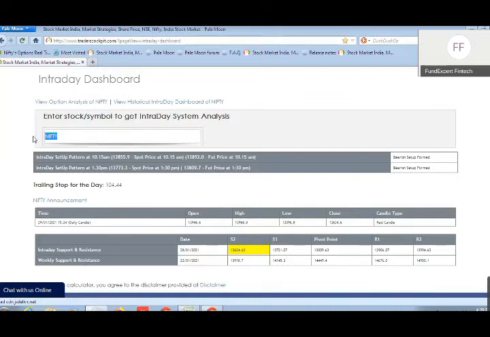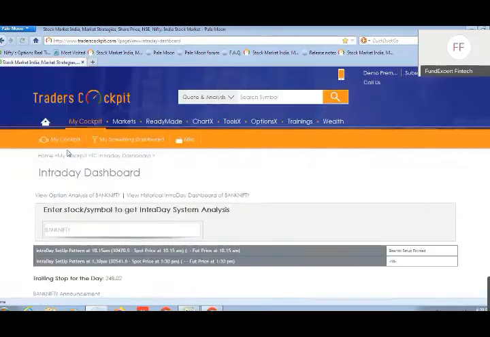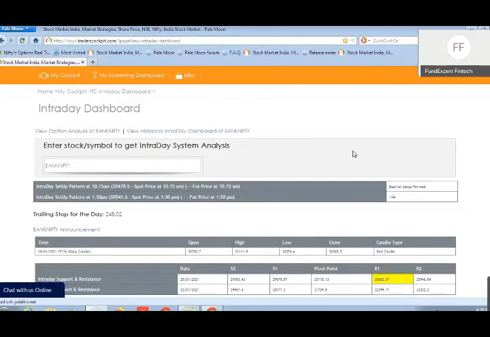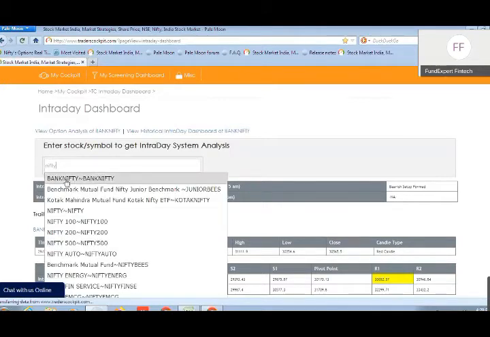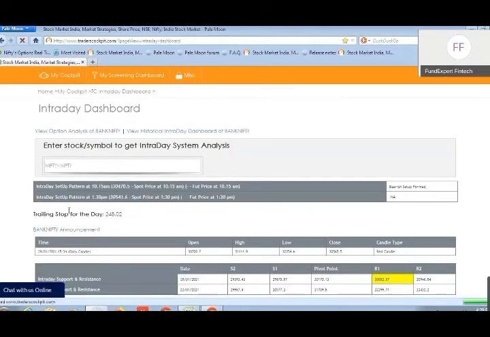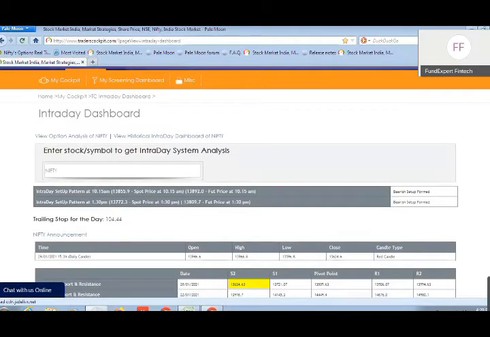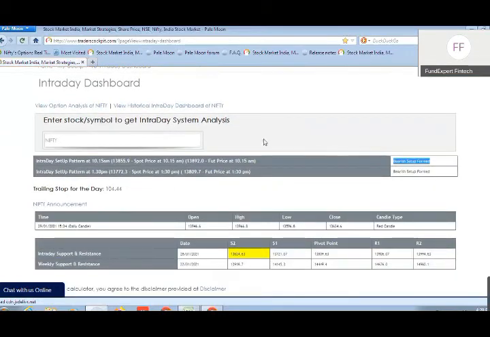Say, for example, you want to check for Nifty, or Bank Nifty, or any other script as such. You can type in the particular stock name or index name here. For example, I'll take Nifty itself. You can type in any particular script name here, and accordingly it shows you the trend formation, the setup formation in that particular script for the day. Whether the setup is looking bullish for the day or bearish, it shows you here. Now, how this works out, listen carefully.